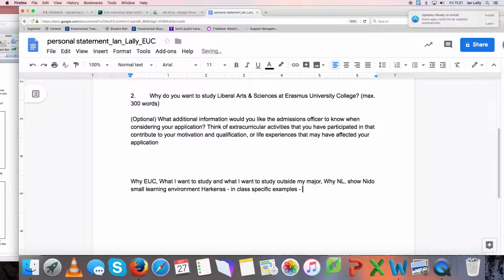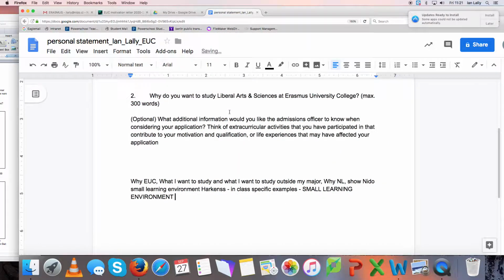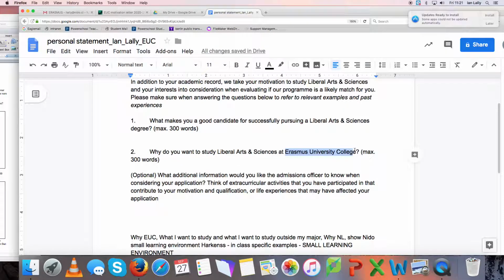You should have in-class specific examples of why you are a good fit for a small learning environment. Okay? And we'll spell those correctly. Because what they're saying here is Erasmus University College is a small learning environment, right? So NITO is a small learning environment. So what about going to NITO makes you a better fit for Dutch University College than your competition, which is